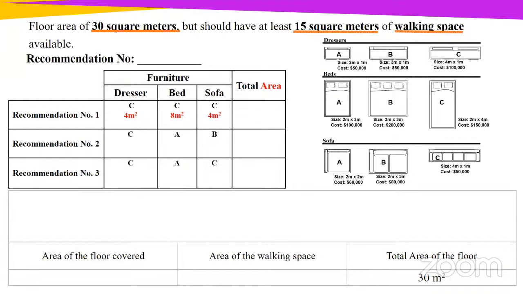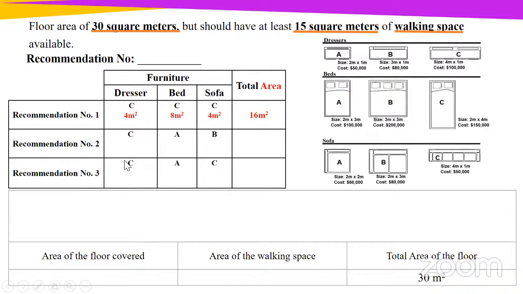So let's do our calculation again. So 16 is coming up. And 16 square meters is the correct answer. For those boys and girls who got a different answer, look back on your calculations and see where you went wrong. Good job, all of you. So we were able to calculate the area of the furniture for recommendation 1. Let's go ahead now and do the same for recommendation 2.